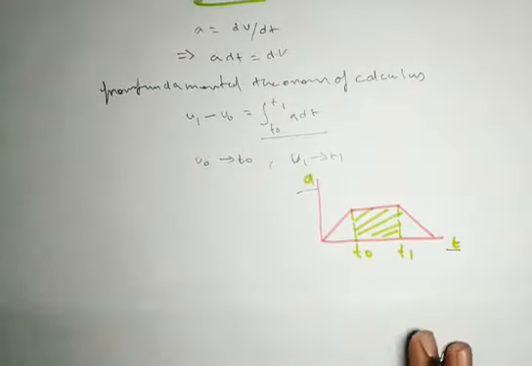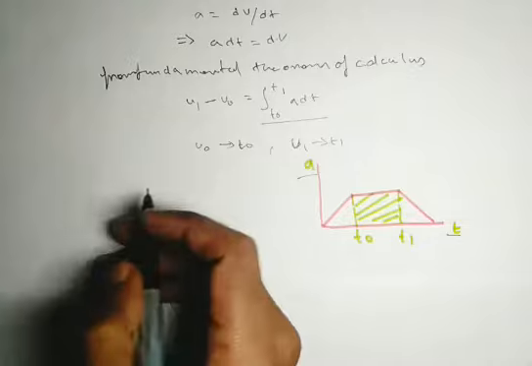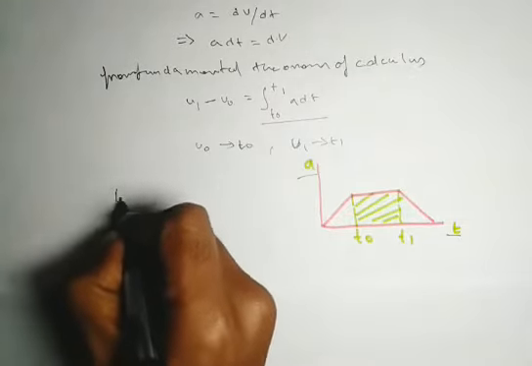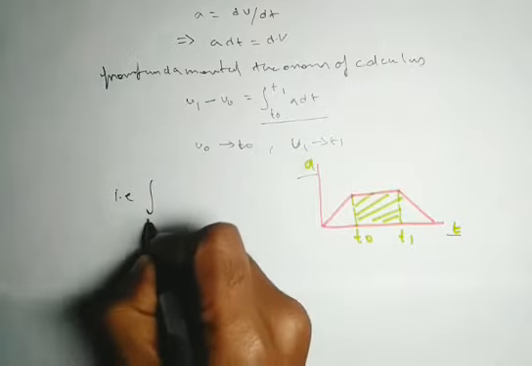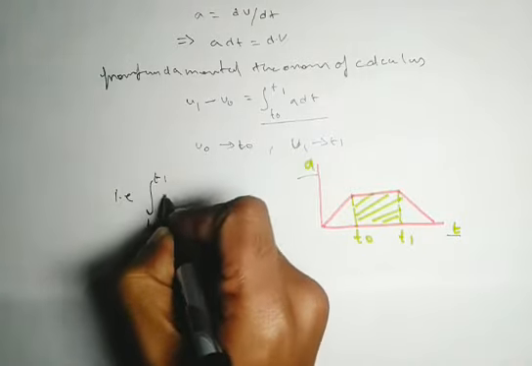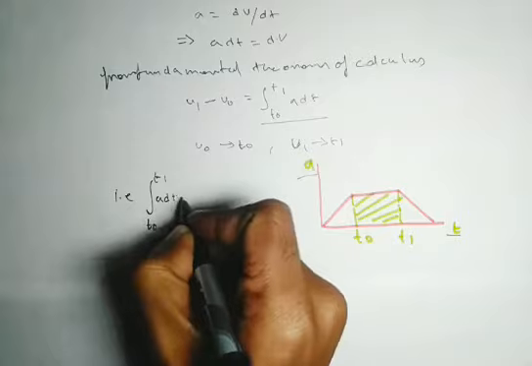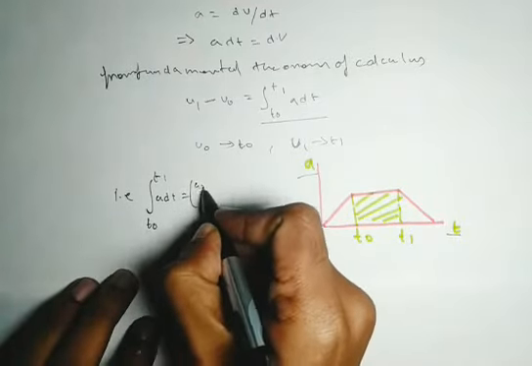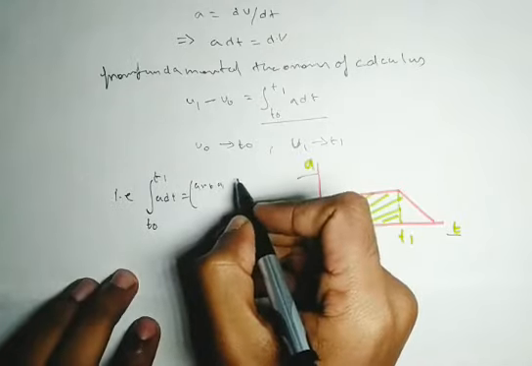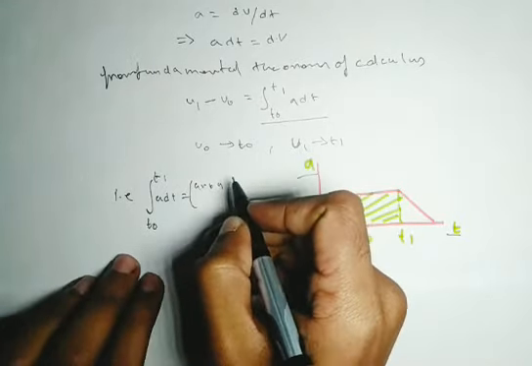That is, we can write the integral from t0 to t1 of a dt equal to the area between the acceleration curve and the time axis